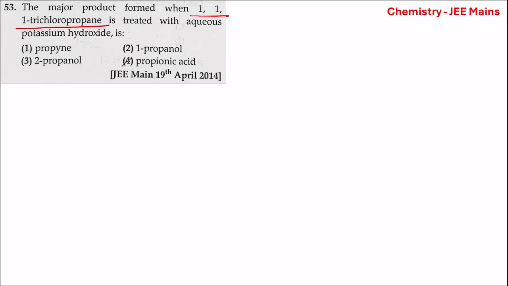Next question: the major product formed when 1,1,1-trichloropropane is treated with aqueous potassium hydroxide is. First of all, what is the structure of 1,1,1-trichloropropane? Let's write the structure of propane first. CH3, CH2, CH3. This is propane. Now, this is the first carbon, second carbon, third carbon. If all the hydrogen atoms of the first carbon are replaced by chlorine, then this becomes